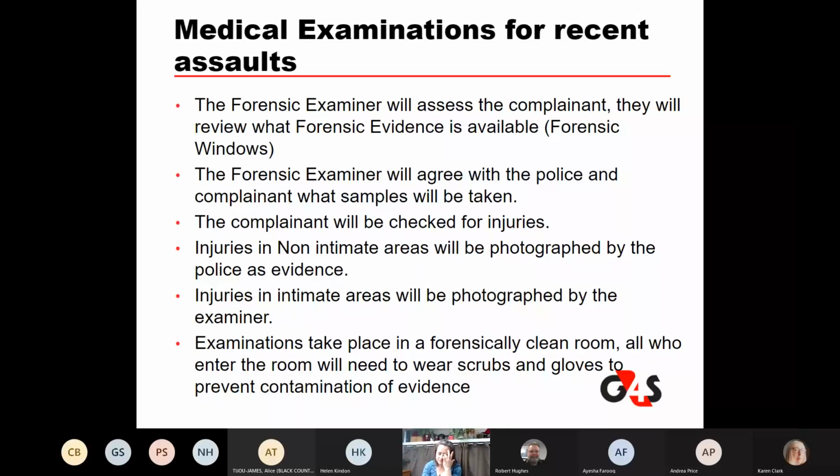We don't take those images into court. It would be incredibly rare or unheard of even for a judge to demand that they're played in court. So when we take those images, they are only viewed by expert witnesses and examiners. They can be shared with the defence for the defence expert witness to look at, but they are quite